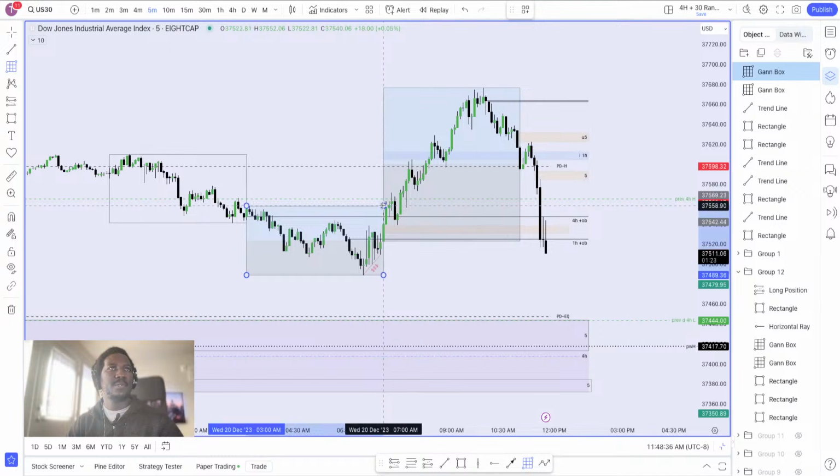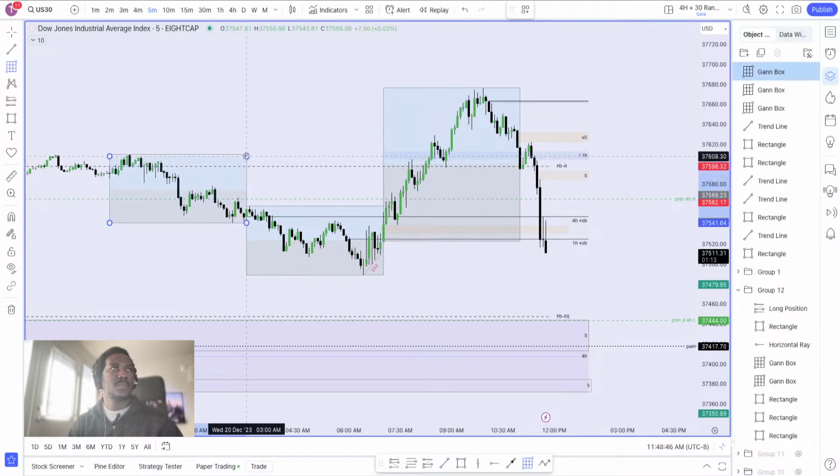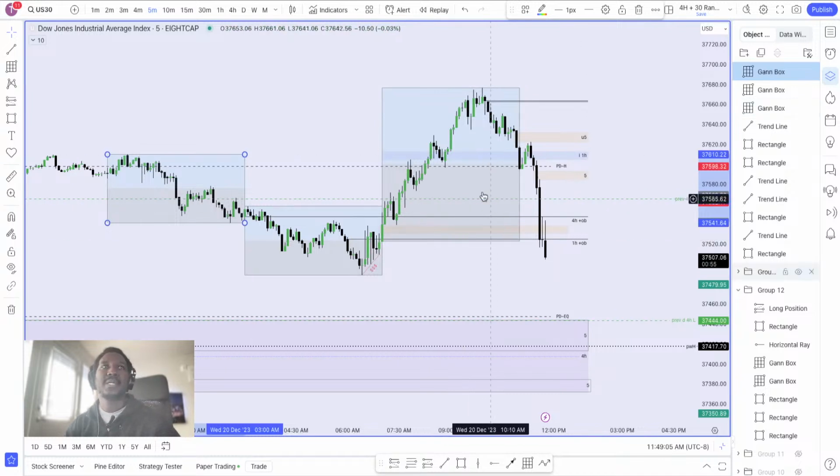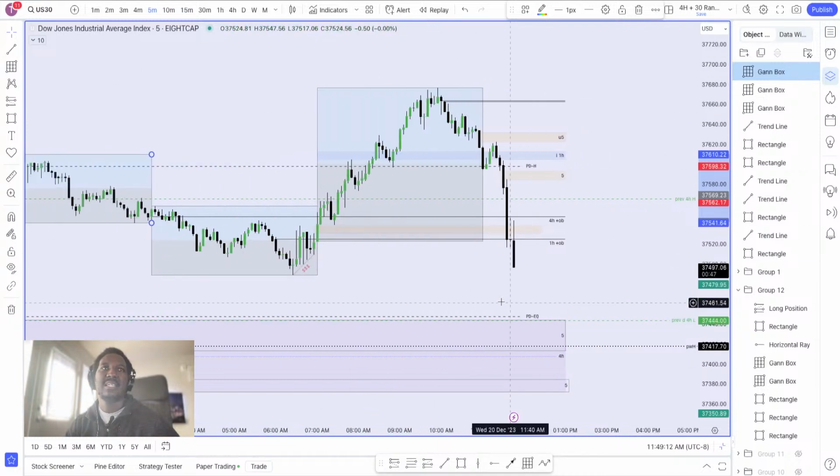When I start spending more time in front of my charts, this is something that I want to start looking at. Let me show you where this first 4-hour, because these are 4-hour ranges, we kind of see some consolidation over there, and then this is usually the fake move, and then the third bit of it is where you see your expansion. And then when coming down, we do expect the market to come to at least 3/4 of the distribution, but in this case we are going down.